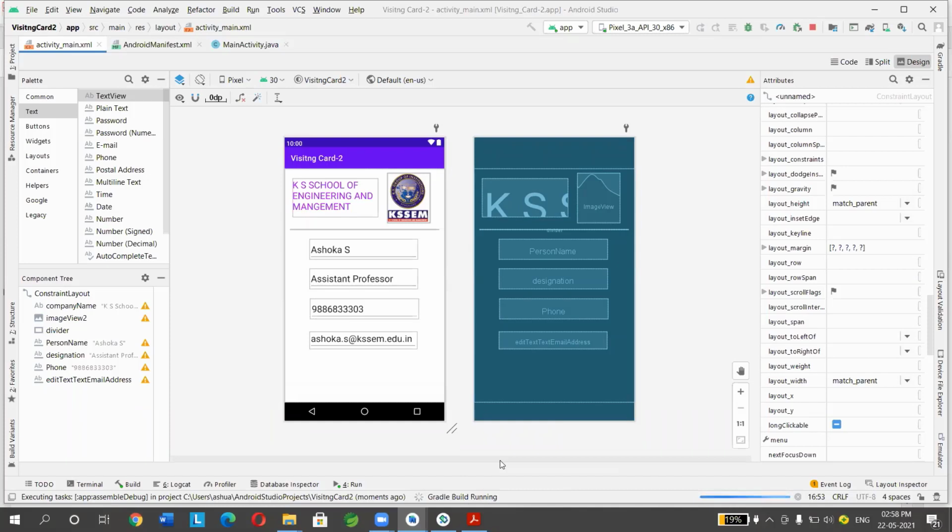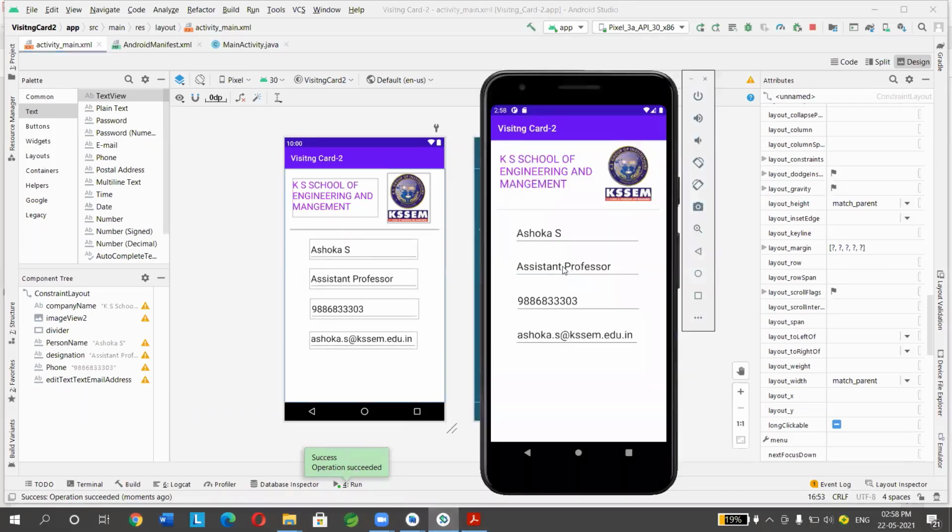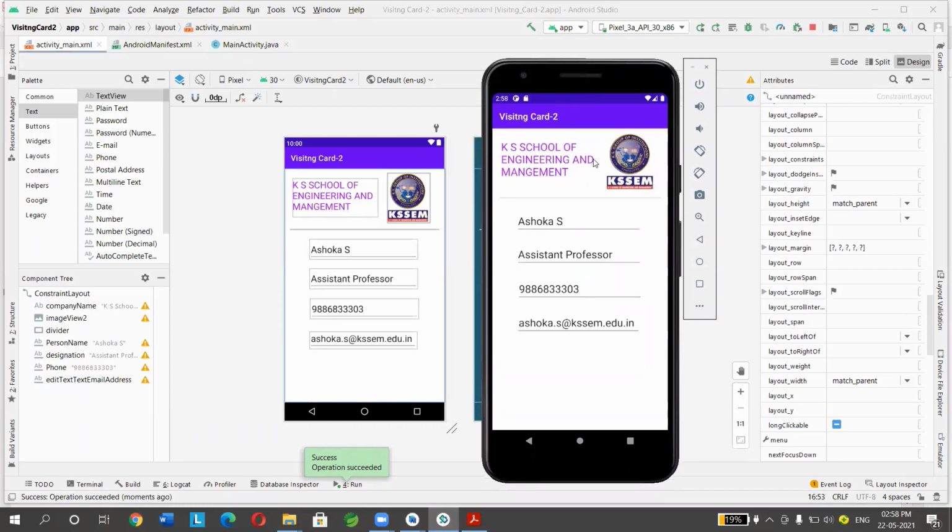Gradle is nothing but a bunch of programs. Gradle building means a bunch of programs running. Success, operation succeeded. So I ran my visiting card successfully. This is the visiting card we have created.